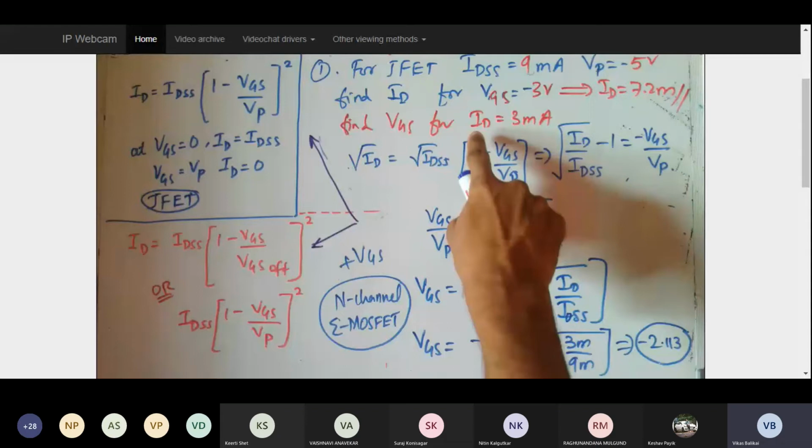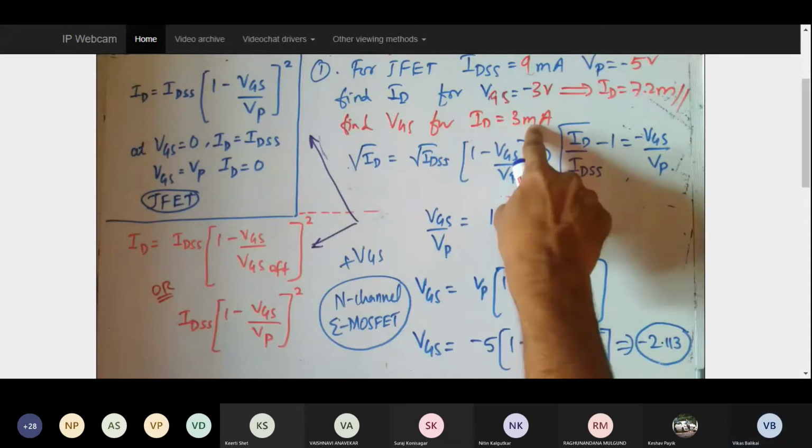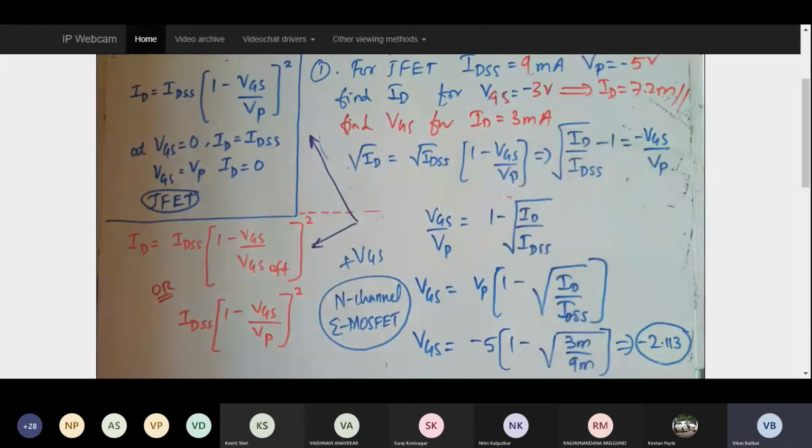This is when I am talking about a MOSFET, not a JFET. So then you have to think. The answer that has come should not be negative if you are doing the same thing with respect to a MOSFET, right? With a MOSFET you should be very particular when you solve. For a JFET it's fine, because a JFET is anyhow a depletion MOSFET, so I can apply positive VGS or negative VGS. That's absolutely fine. I hope everyone has got the same answer for VGS.